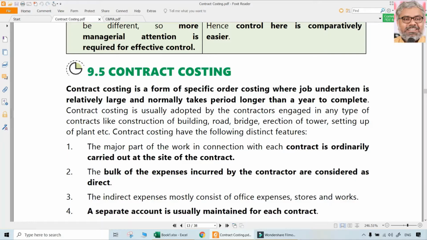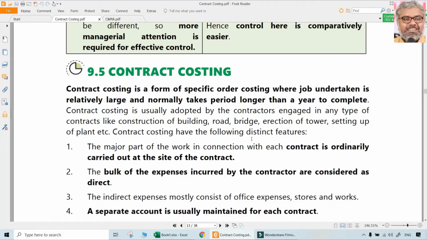So that is altogether a different approach towards costing. As one of the methods of costing, job costing is different. Contract costing, though it is just a bigger job, is more of accounting in nature than costing. So usually the requirement here will be to prepare a contract account, and a lot of information about a particular contract will be given, and in general the objective of preparing the contract account will be to find out the estimated profit or notional profit from the contract.